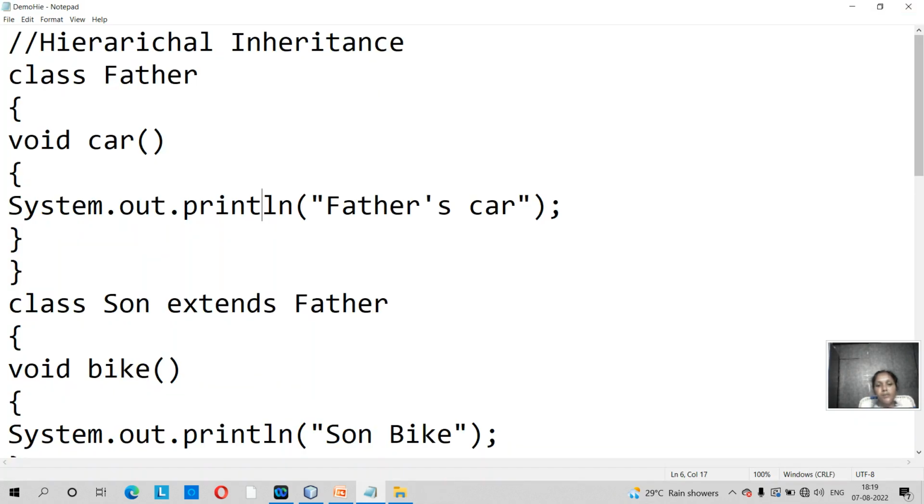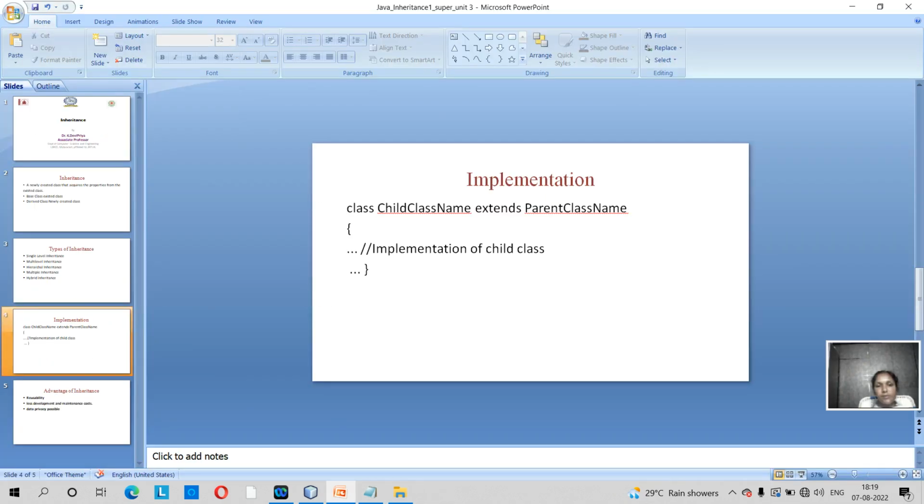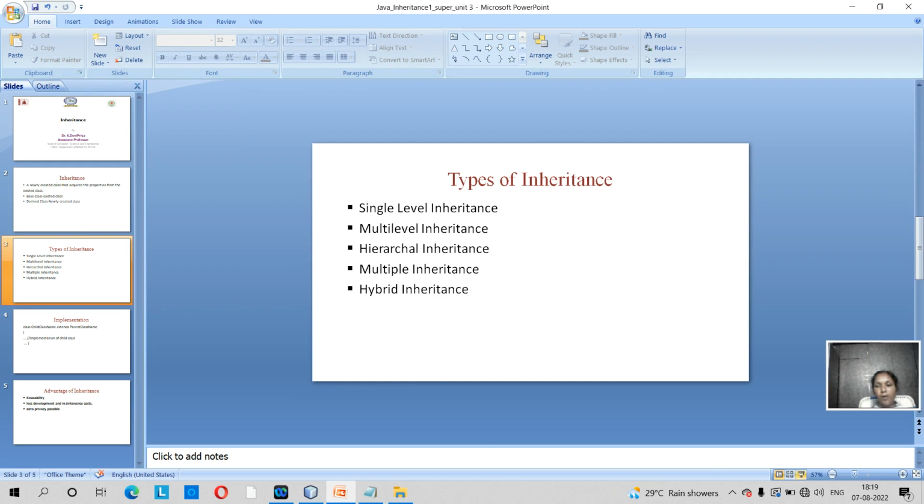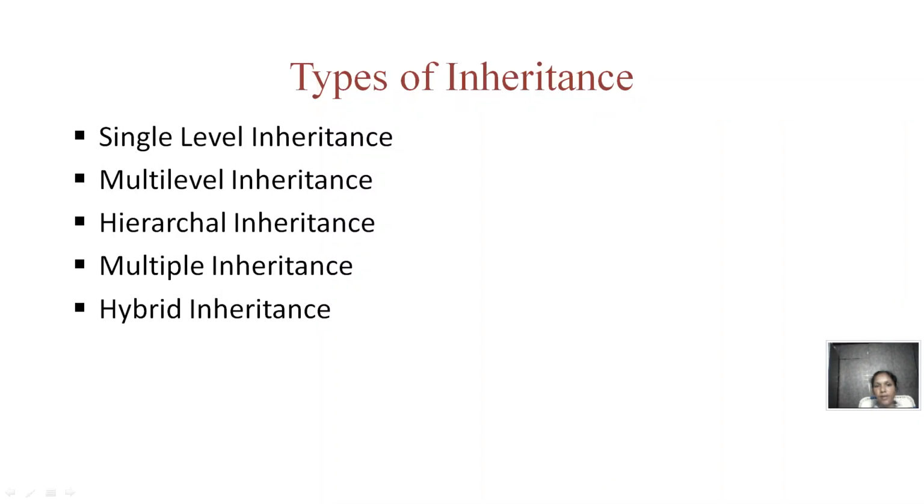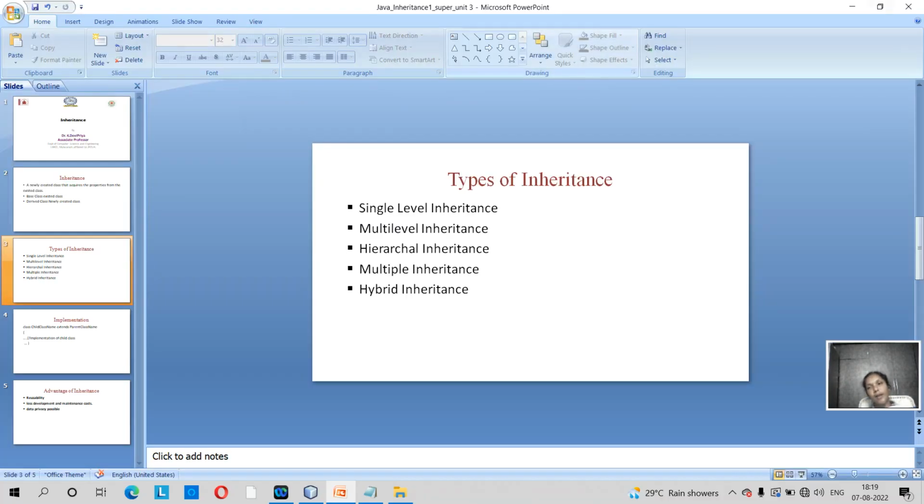So in this class, you have an idea about how to implement single level, and how to write the program in multi-level as well as hierarchical. So we have an idea. Now we have comfort with what inheritance is, how you can declare inheritance and how you can implement inheritance. And if you have any doubts, you may put them in the comments